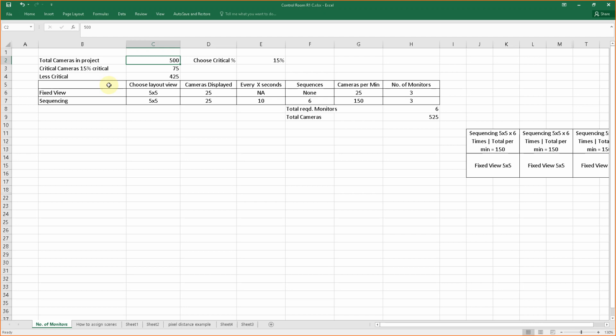So just like in camera, where minimum you should do detection, the same way there should be a minimum number of monitors for a specific project for the best operation purpose. So we are going to calculate what is the minimum number of monitors that is suitable for a typical project. This may not be applicable for perimeter security, where maybe you need to see all the areas all the time, but this is for general projects where you have critical areas and less critical areas.